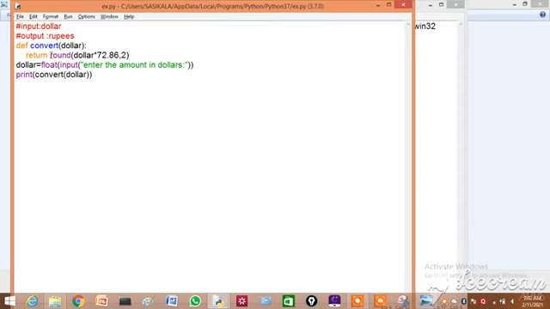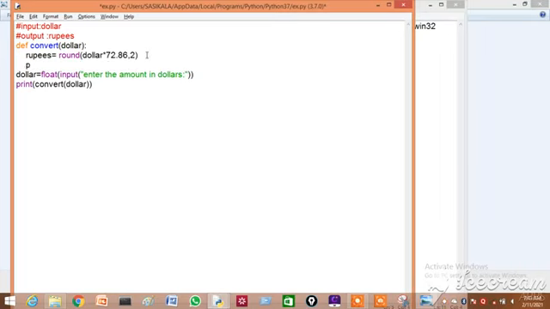If it is a void form, void form means you will not get anything from the function. You cannot use the value from that function. It does not have a return statement. So I am going to make minor changes. Instead of this return statement, I am going to write rupees. As usual, how you write the program, likewise you should write the function. Rupees equals round of dollar into 72.86, the same statement will be there. And instead of the return statement, you will have the print statement.